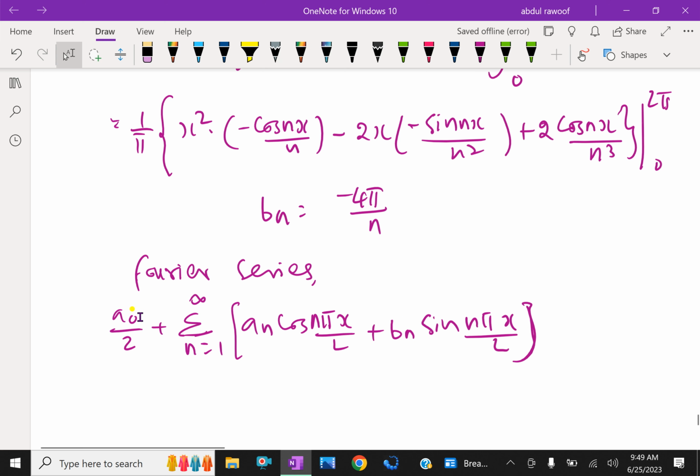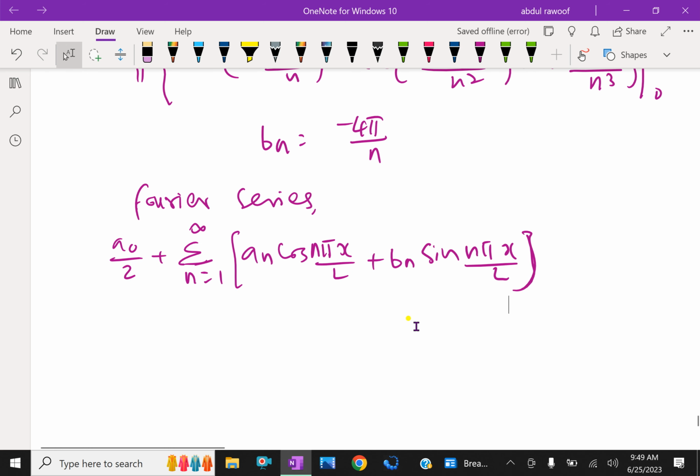We have to apply the coefficients a0, an and bn, and with this series we'll finally get the Fourier series of f of x, that is x square. The Fourier series of f of x, that is x square, is equal finally to